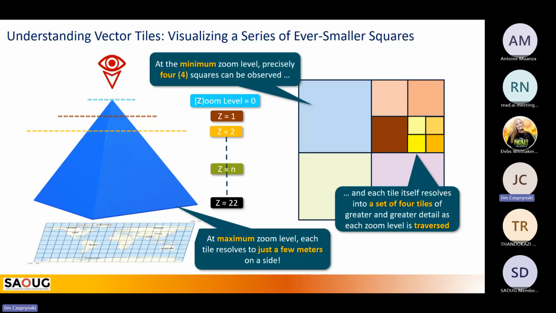I had to draw this out to really understand what we're trying to do. We're really drilling down through that pyramid. If you think of that pyramid there on the left-hand side as a series of tiles, as we go lower and lower, the tiles are getting smaller and smaller as we approach the base of the pyramid. Once you wrap your head around that, this actually becomes quite simple.